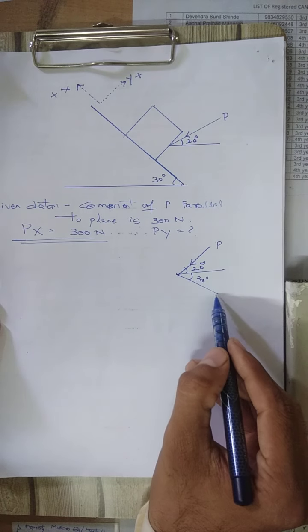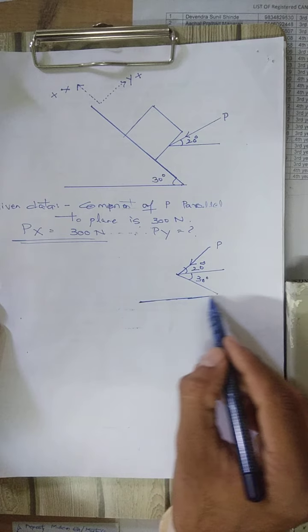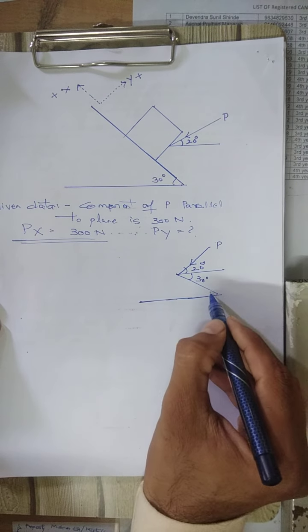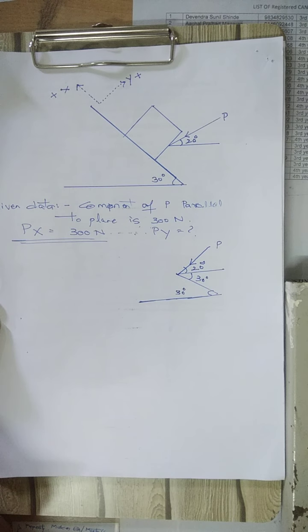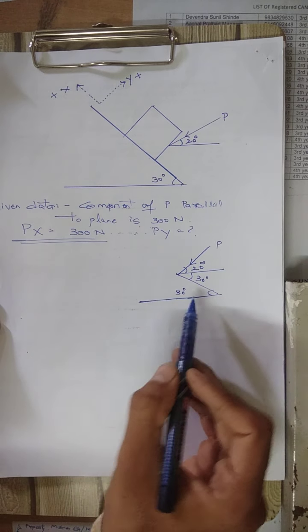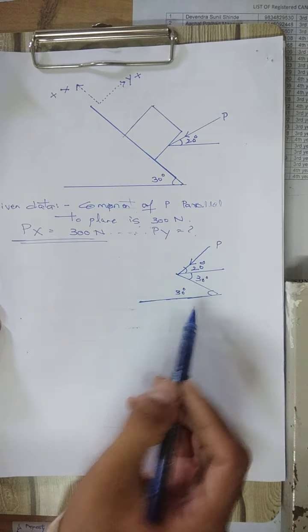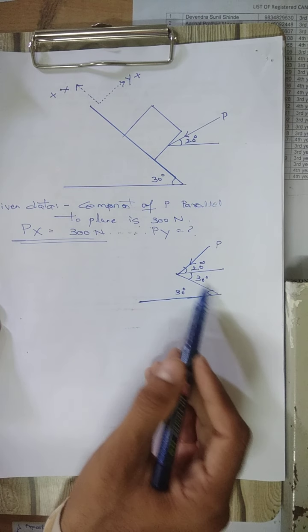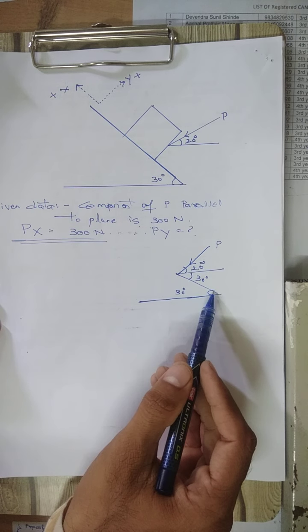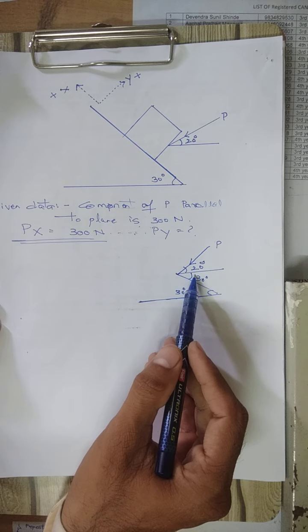So we have transferred it. If there is any confusion, this is nothing but the plane, and this plane is making an angle of 30 degrees. We have used the rule of opposite angles. This plane is making an angle of 30 degrees with the horizontal, so we have transferred this 30 degrees to this side, with the plane common, so Z rule. So this is 30 degrees, and this will also be 30 degrees.